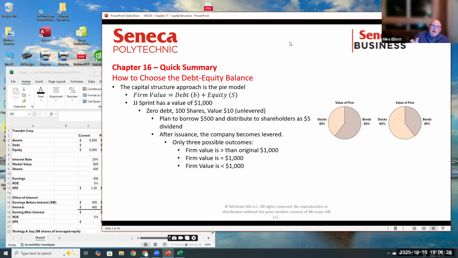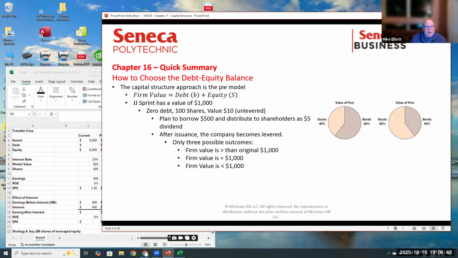But if you think of the pie model on the right side of the screen here, the firm's value is a combination of the debt and equity you hold. We already know that assets equal debt and equity. So if we're happy to say that assets are the value of the company, then the flip side of that is it must be made up of debt and equity. If you have zero debt,